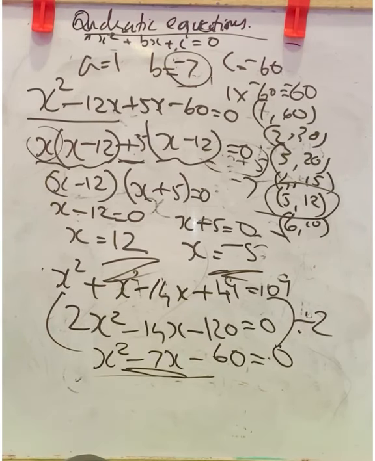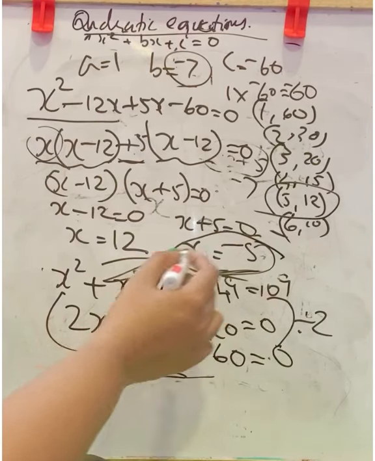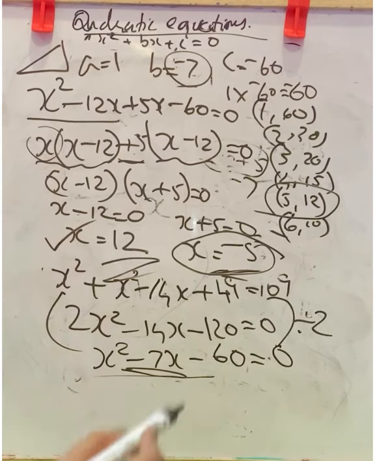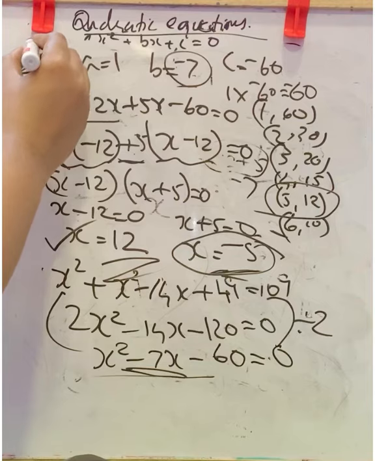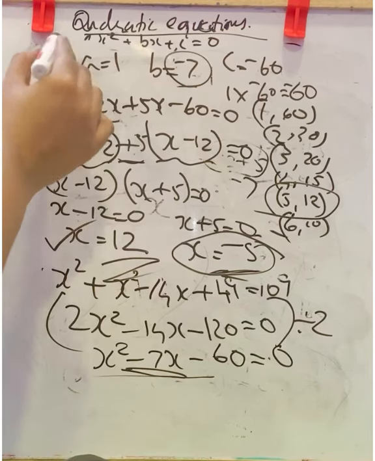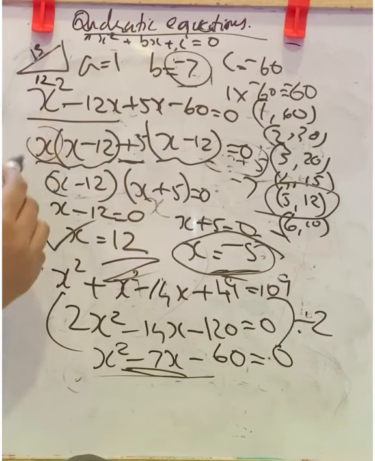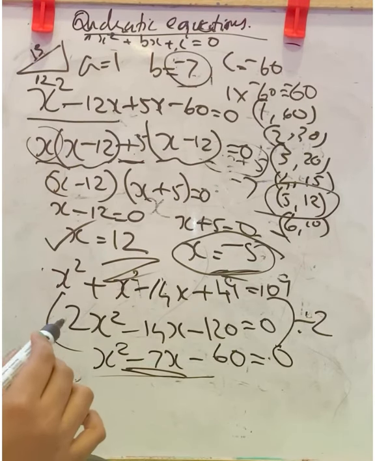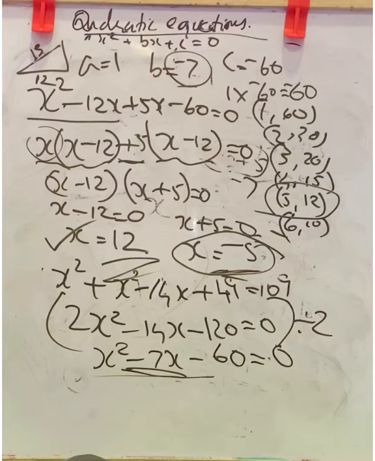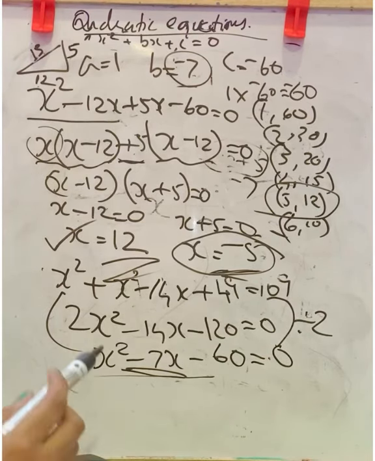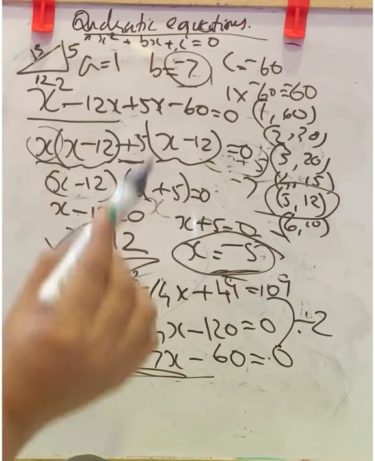So we are talking about the sides of a right triangle, and we do not have negative measurements in measuring a triangle. So we will consider this one. We took the hypotenuse as 13 and the base as x. x is 12, so the base is 12 and this side will be x minus 7, that is 12 minus 7. The answer is 5. So the base is 12 and the altitude is 5.